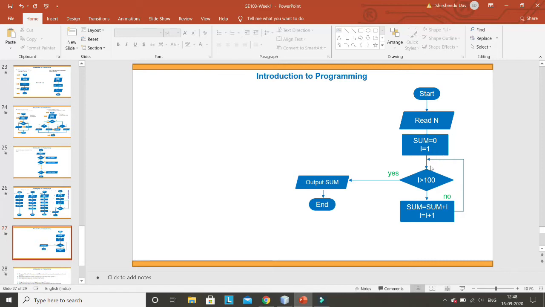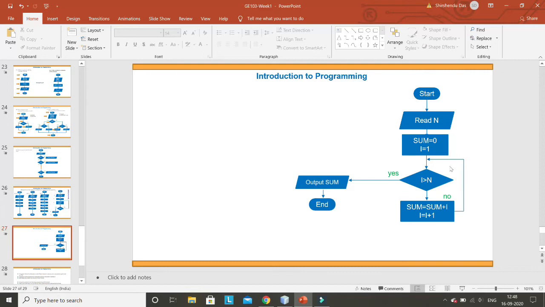Then again we will go here. From here again we are going here. This is called looping, which means you will perform this work again and again. Once we go here again, we'll check whether I is greater than 100 or not. There is a small issue here. Assume that the value of n is 100, because here I have written 100, otherwise we have to write n. Let me consider this is n, then everything is fine. So we are going for n equal to 50 only.